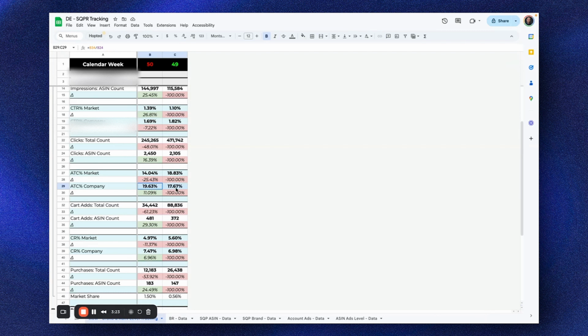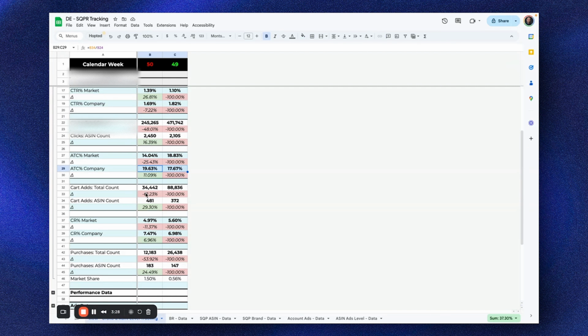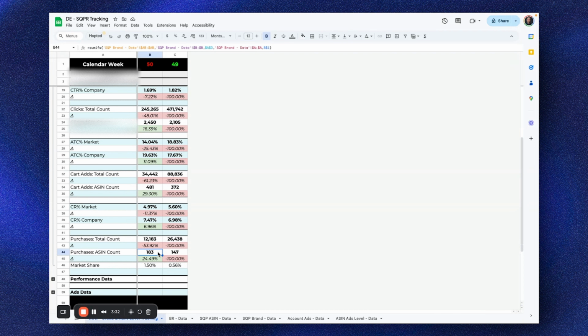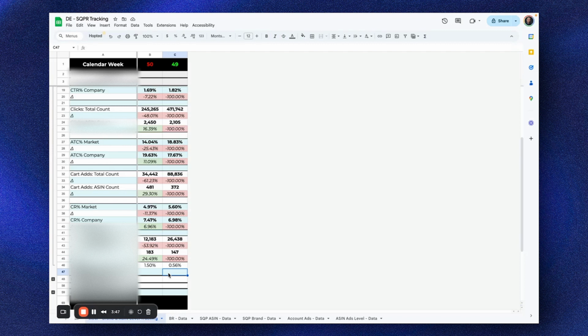So it's also interesting to see our add to cart rate, how many people put the product into the cart compared to how many people actually purchase. And that at the end of the day is the most interesting metric to look at: our market share for purchases. At the end of the day, we can see market purchases declined by 50%, but our purchases increased by 24%. Again, only from the top 1,000 search terms, only from the search page, not product detail pages, yada yada yada.